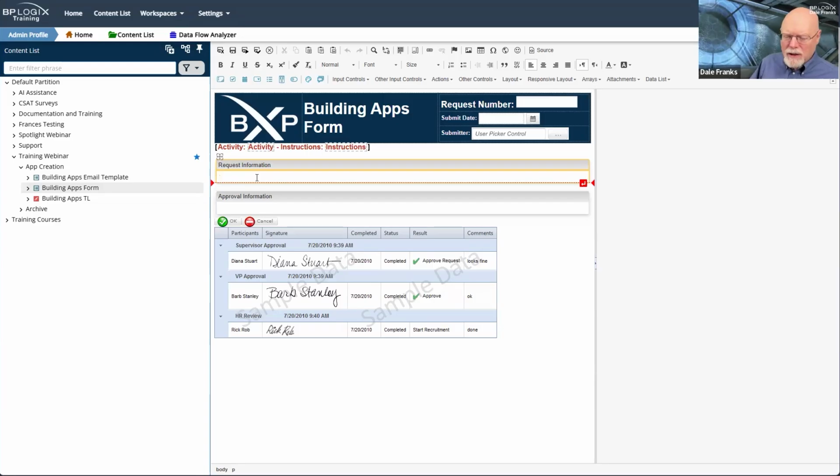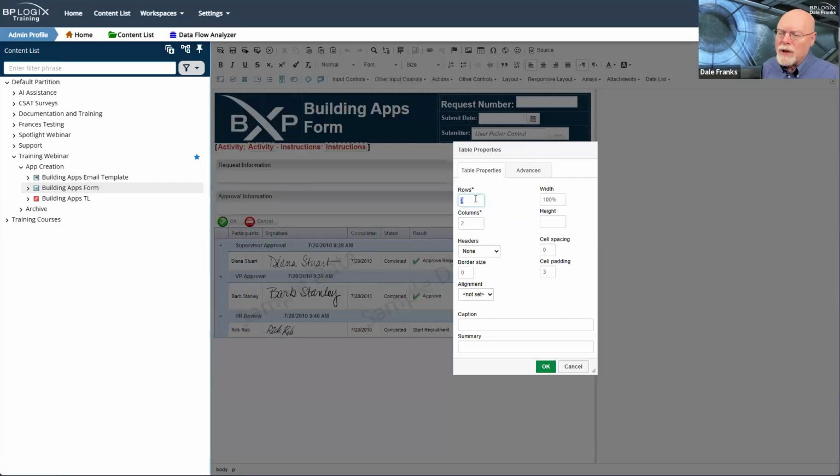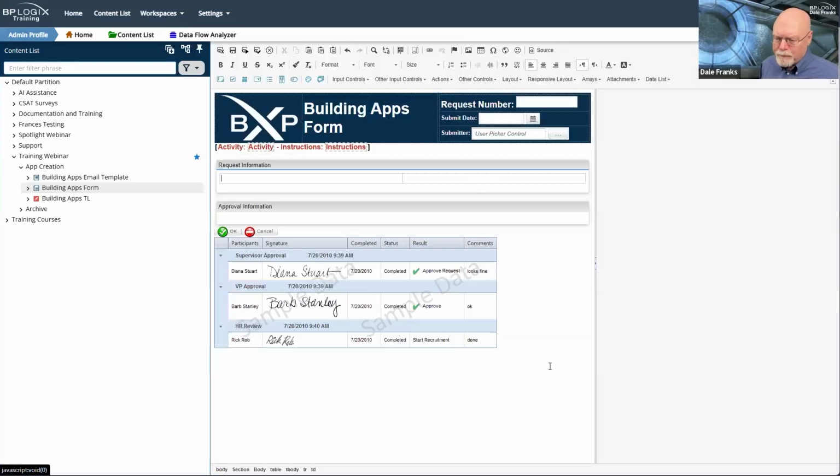So a couple of things to think about here. First, whenever we're inside the section, it is not uncommon for us to use tables for layout. And that's fine, but it does have some implications for accessibility. So we're just going to throw on a simple table, with one row and two columns so that we have a minimal table.